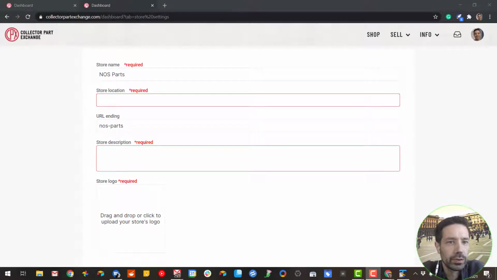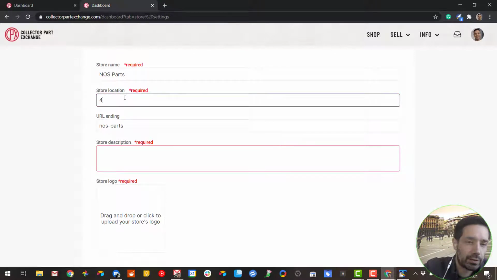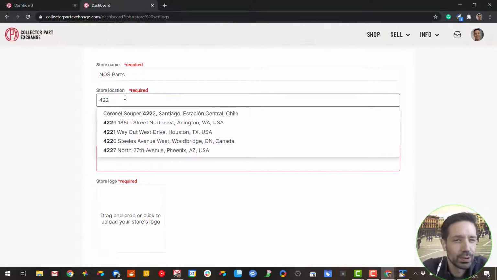All right, welcome back. So now that I've entered all of the Stripe information to get my bank account connected to Collector Part Exchange, the next thing I have to do is enter a little information about my store. As you can see, the store name is already put in. I could change this at this point if I wanted to, but I'm going to leave it for now. One of the other things that I have to enter is a store location, and this is really important because it helps us figure out shipping,